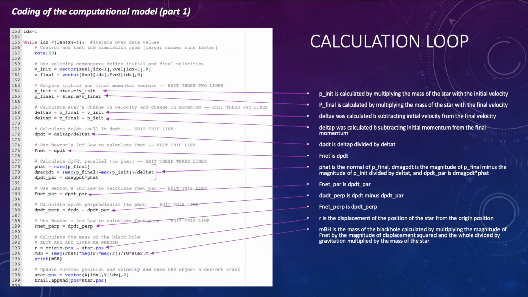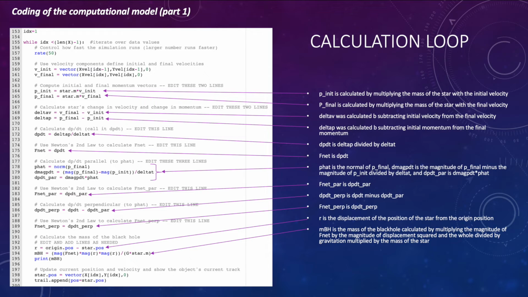F net was dp dt. P hat is the normal of P final. d mag P dt is the magnitude of P final minus the magnitude of P initial divided by delta T, and dp dt parallel is d magnitude P dt into P hat. F net parallel is dp dt parallel. dp dt perpendicular is dp dt minus dp dt parallel. F net perpendicular is dp dt perpendicular, and r is the displacement of the position of the star from the